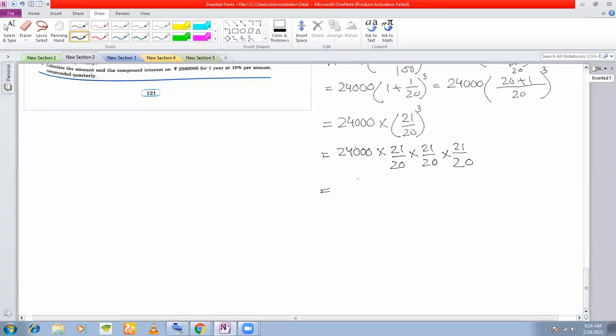Now we'll cancel out. 3 zeros cancel here: 1 zero from here, 1 zero from here, and the third zero from here. Now we can cancel with 2 also. 2 1, 2 12, 2 1, 2 6, 2 1, 2 3. Okay, so you only get 3 into 21 into 21 into 21. Now if you multiply all this together, you are going to get